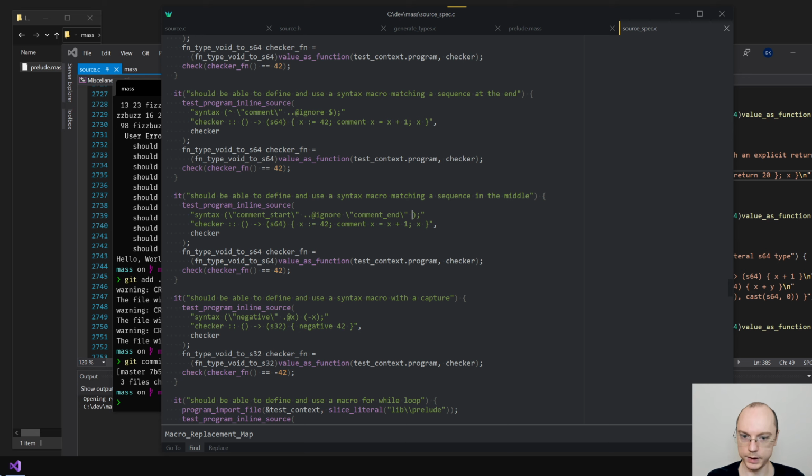So let's remove these things. And now we will do a horrible thing. So this will be comment start, comment end. So this stuff now plus 1 should be commented out, as if commented out basically by the macro.